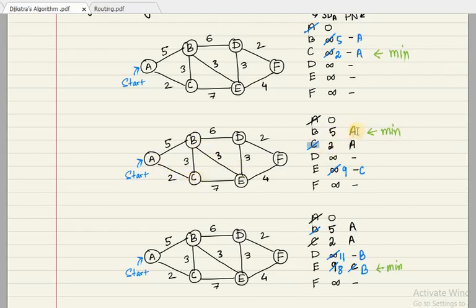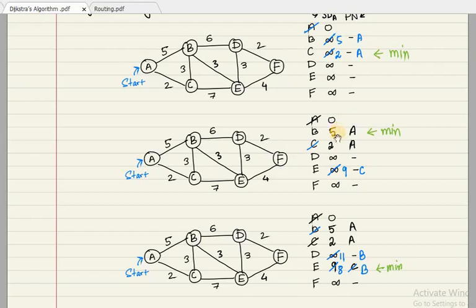So you could have updated it, but I'm not updating because the earlier value that B has is already the same, which is 5. So I need not update it. Okay, but if it was a lower value, suppose from here to here the distance is 4, then I would have crossed 5 and written 4 here, and the previous node would have been C, because to reach B via C, the previous node is going to be C, right? But since the earlier value itself is equal to the new value we have obtained, we are going to keep the earlier value.